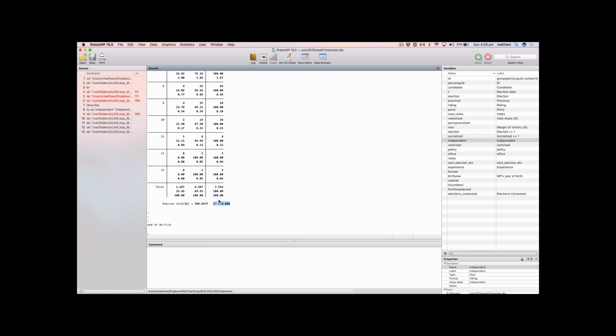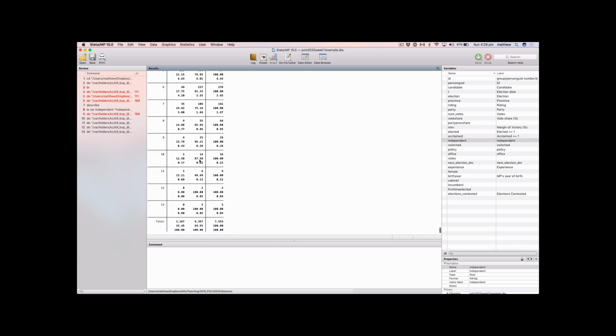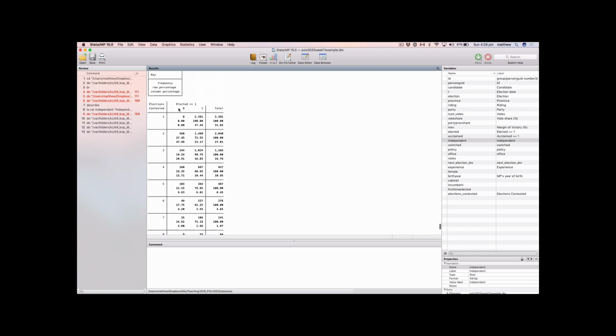So we're able to reject the null hypothesis, which then allows us to say that there are differences between those who win and lose elections, and the vote shares that they get as they accrue